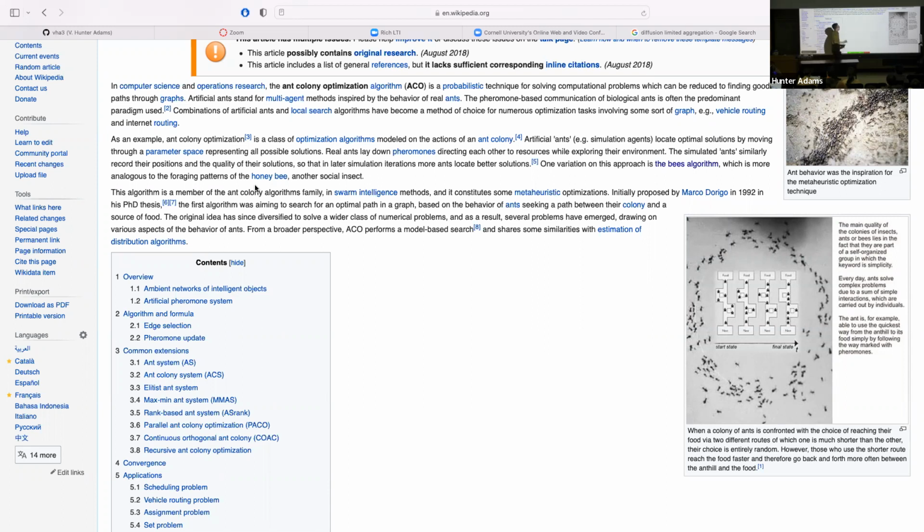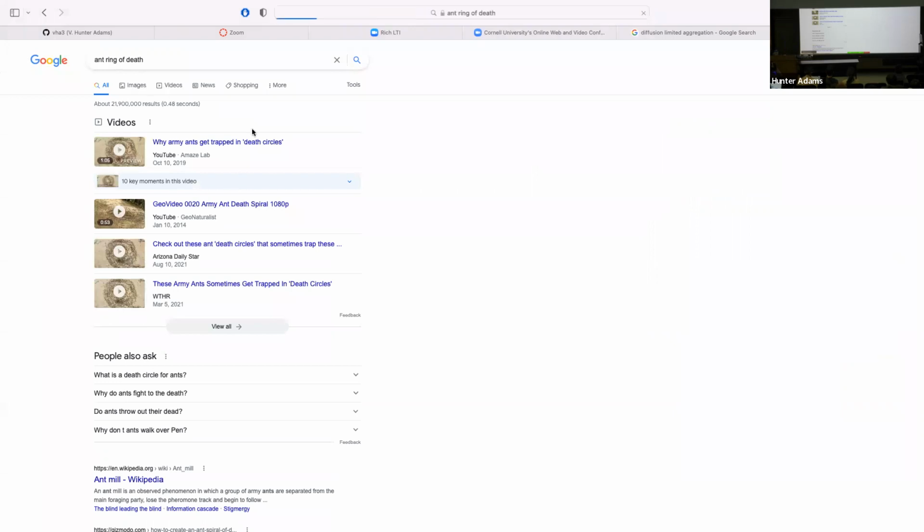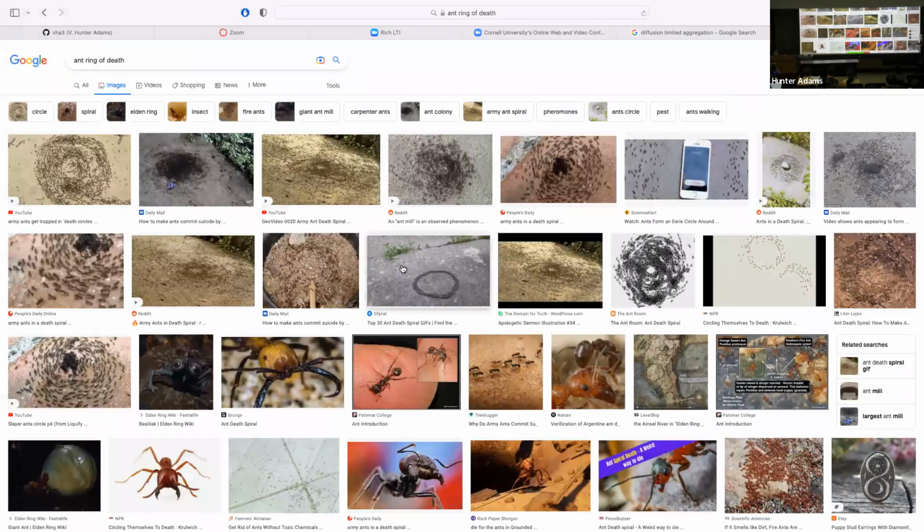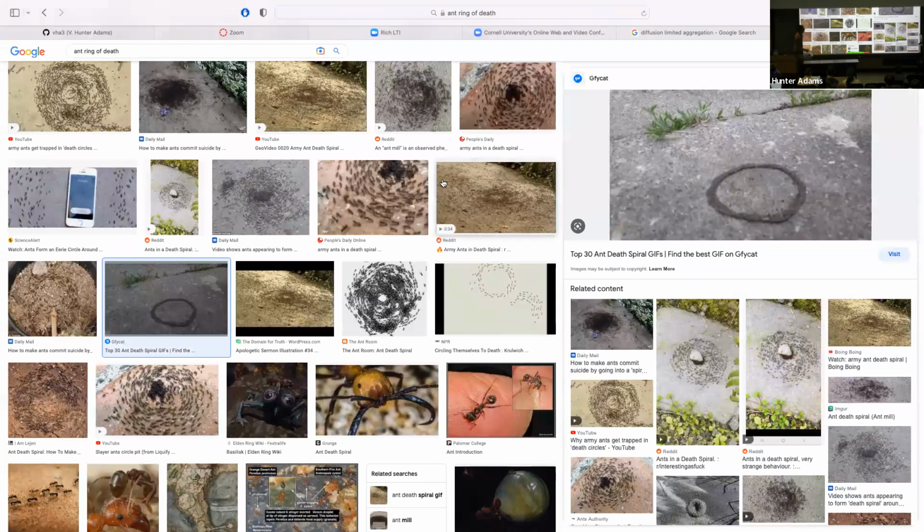Entirely incidentally, in real ant colonies, there's a bug in this system. Suppose that pheromone trail accidentally ends up in a circle. You end up with what's called a ant ring of death, where, like I said, there's a positive reinforcement loop here. So if that pheromone trail ends up in a circle and other ants aren't that smart, right? They're just following the pheromone trail. They end up reinforcing that circle. The whole colony will march in a circle until it's dead. Pretty dark, right? Pretty dark.